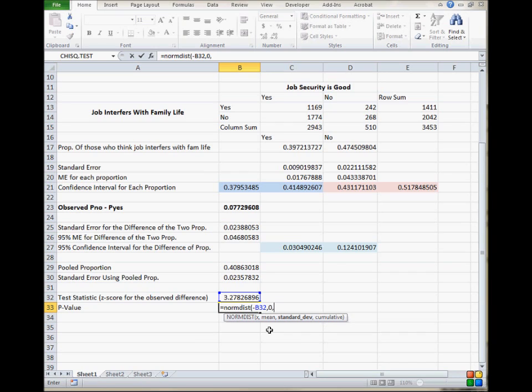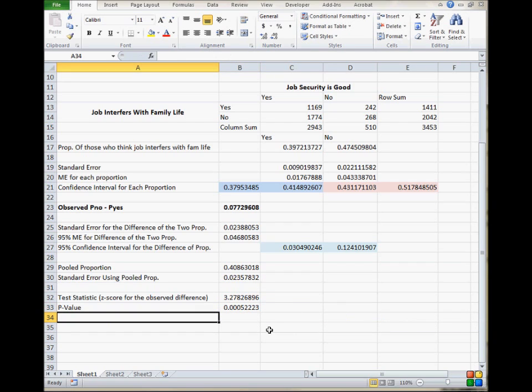The standard deviation for the z distribution is 1. So you're going to type in 0 and 1. And you're going to have to tell Excel that you want the cumulative area, the area to the left. All you have to do is type in TRUE. Close parenthesis, hit enter. That is the area to the left of negative 3.27,